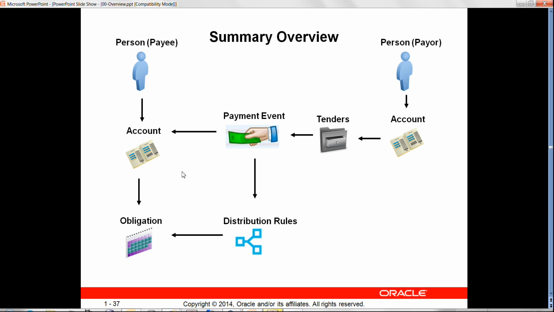And this slide, you can have a look at for a moment. This is a lot of the payment information that we're not covering in this particular lesson, because as I mentioned, payments are not used that much. And I just want you to know that if you look at the application, you look at PSRM, you'll see payment events, tenders, and there's also deposit control as well. And you have the ability to have a payee that's different than the payer. And there's something called a distribution rule, which decides which obligations are paid off,